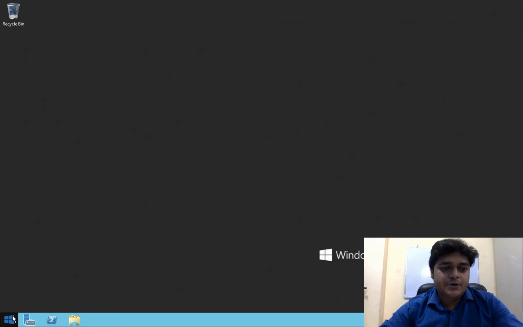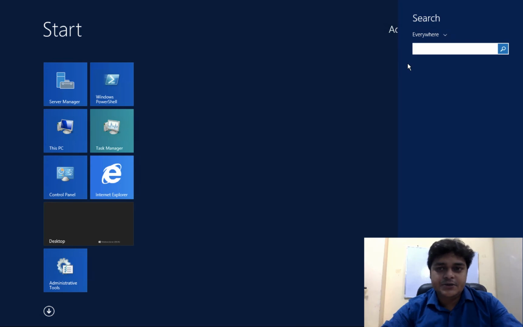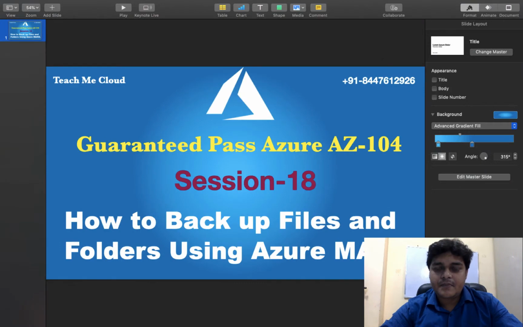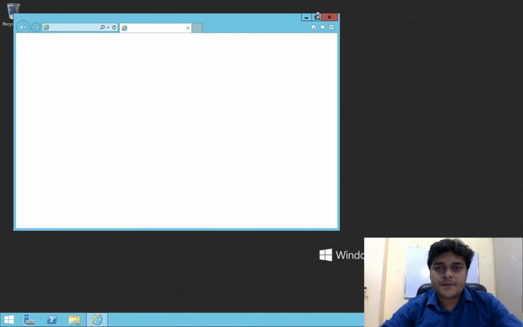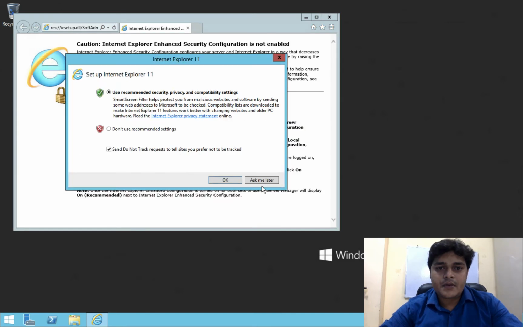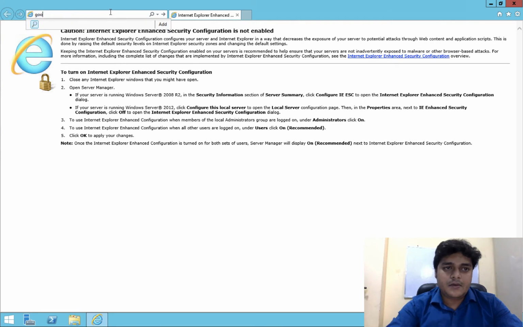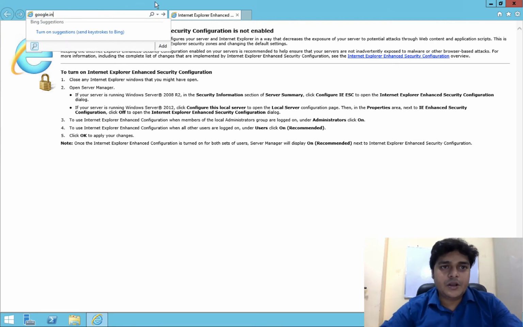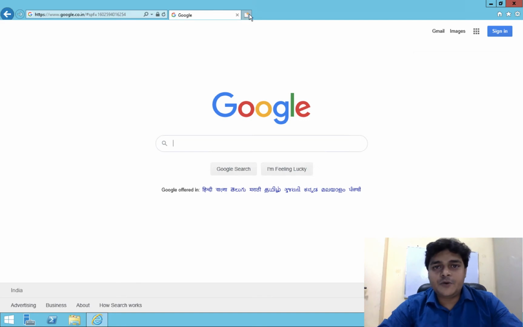Next, click on Start and search, and open Internet Explorer. I'm going to open Google to check whether the internet is working or not. Now it's working properly.